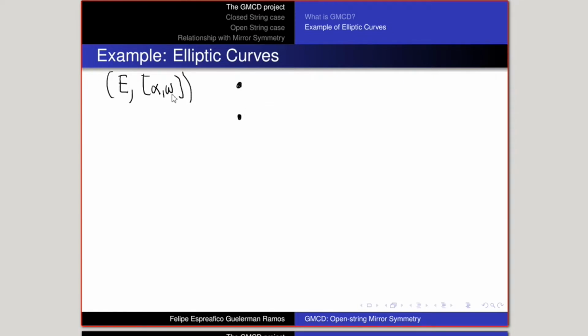This basis has to respect the Hodge filtration. Of course we have a Hodge filtration in the de Rham cohomology, and the basis has to respect this Hodge filtration